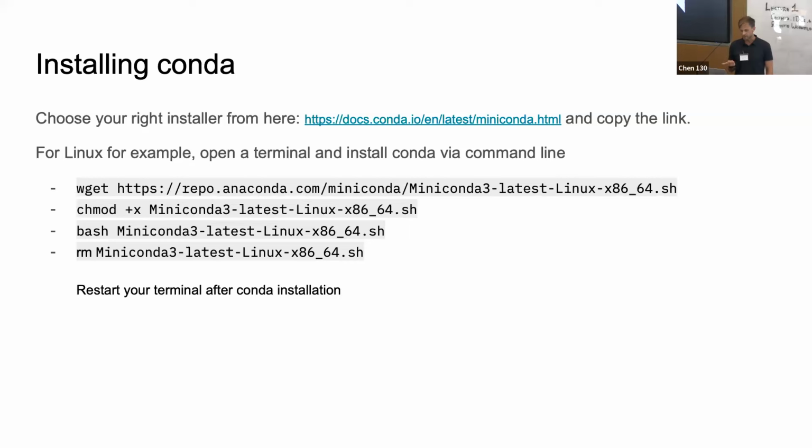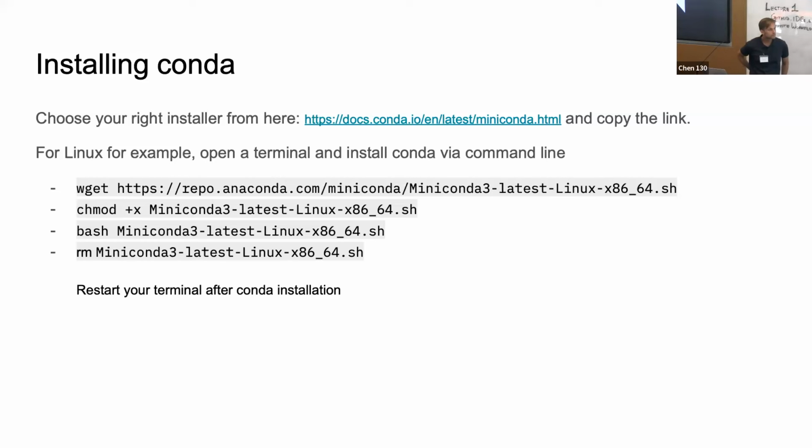One of the first things we want to do is set up an actual Python interpreter. We are recommending using conda, and in particular Miniconda, which is a lightweight form of it that doesn't come with a whole lot of pre-installed packages, but has the same functionalities. And the good thing about conda is that it has